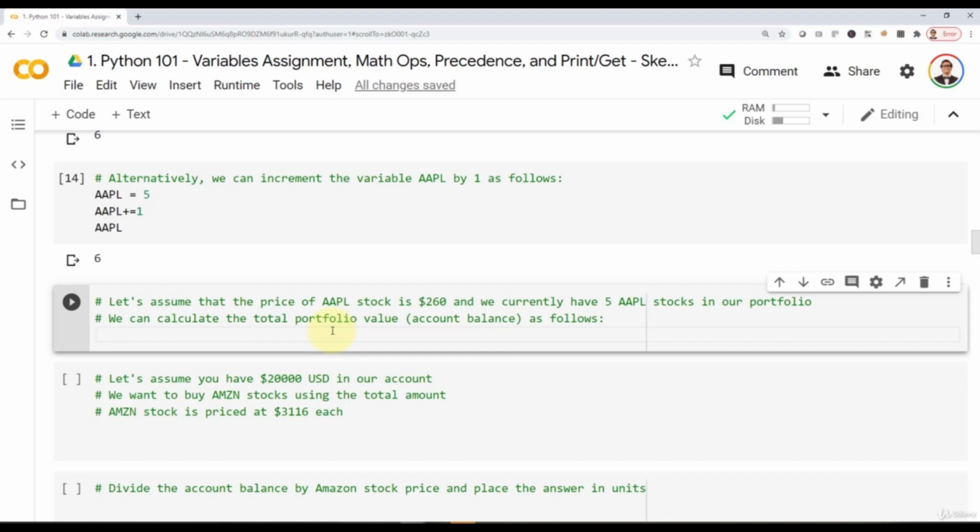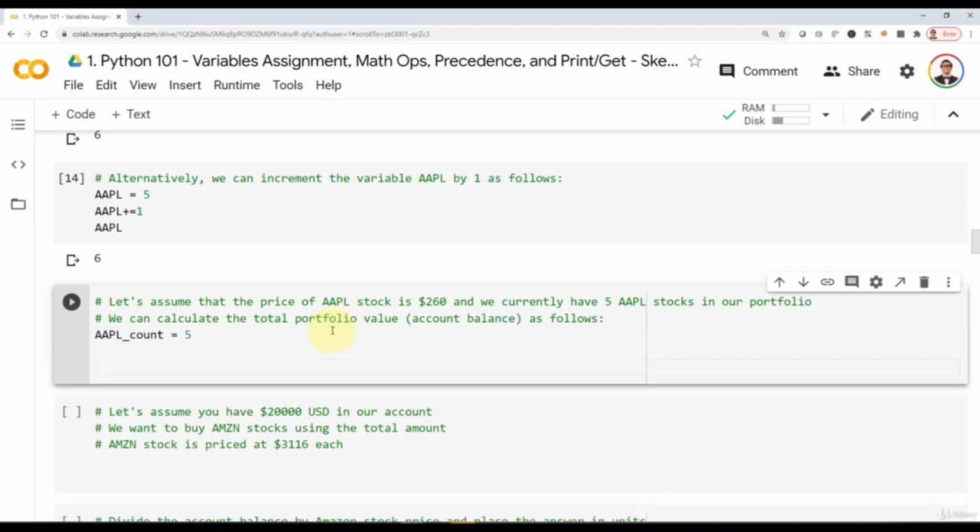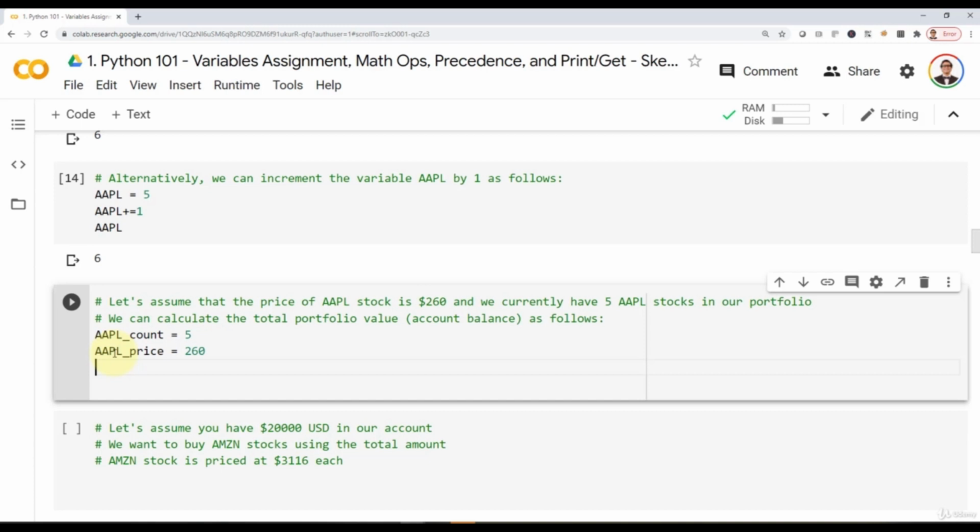So let's see how we can do that in code. I can say AAPL underscore count equals 5, and that indicates how many shares or how many stocks I have for Apple. Next, I can say AAPL underscore price, and that indicates the price per stock. And here I'm going to say maybe $260. And now I can define a new variable. I'm going to call it account underscore balance equals, and now I can multiply AAPL underscore count times AAPL